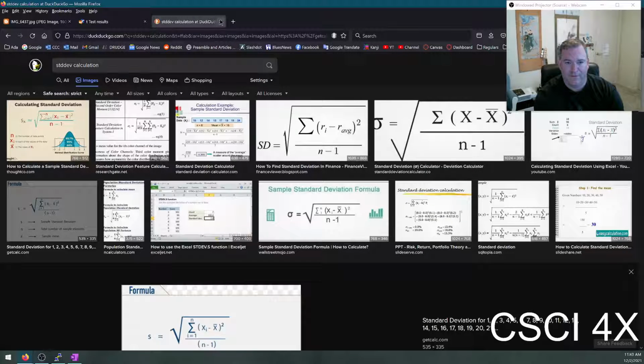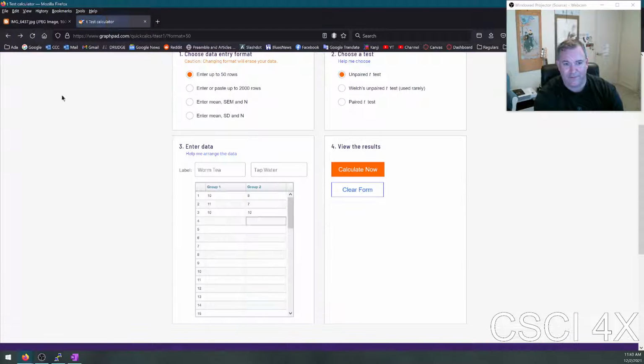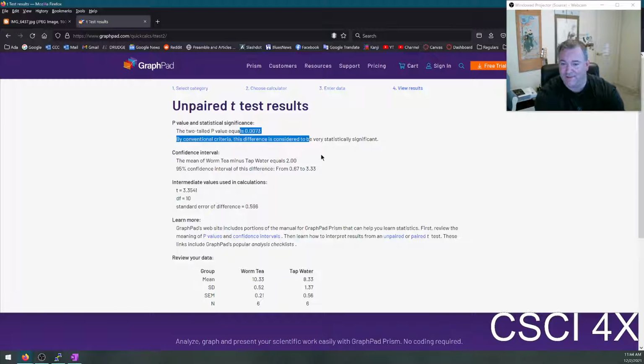Okay. But the formulas don't matter because we have calculators for that stuff, right? So if we just got more data, in fact, I'm just going to type the same numbers again a second time. You'd think, oh, this isn't going to change anything, it's the same numbers, just twice. Well, look what happens. It's now a highly significant result. Okay. What? But I just ran it twice. Yeah, exactly. The more data you have, the more certain you can be in the result. Okay. Yeah, but if you have a very large sample, then